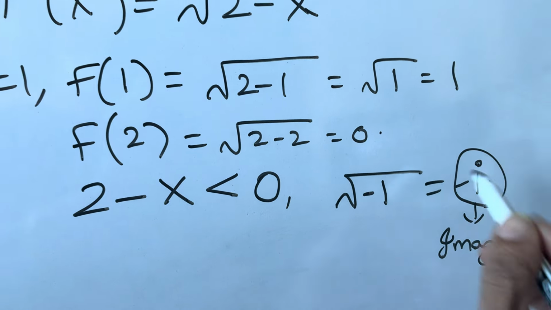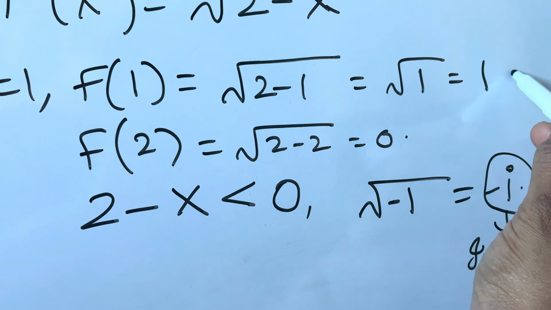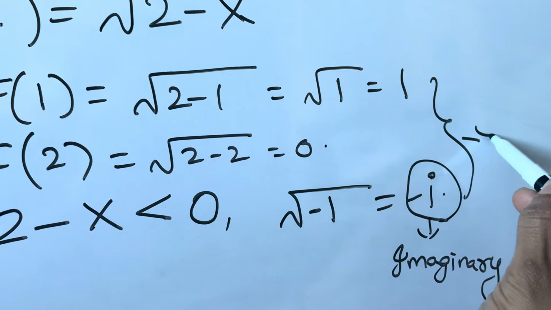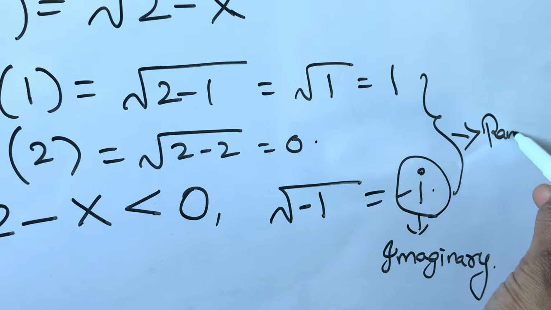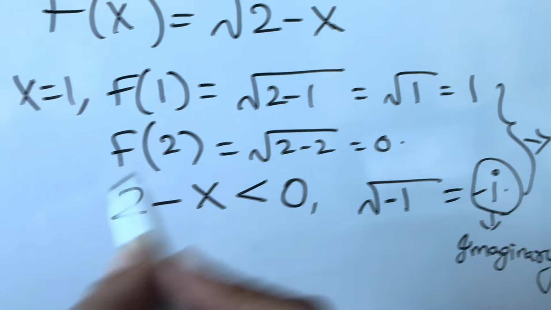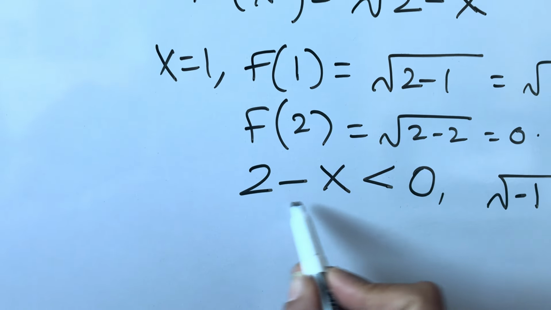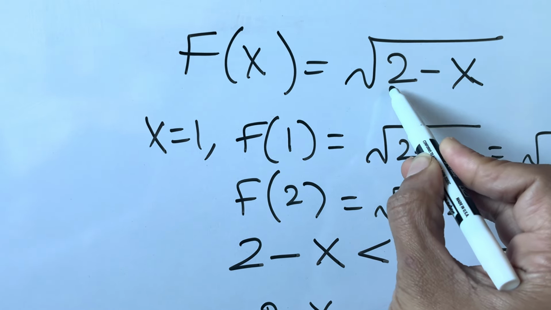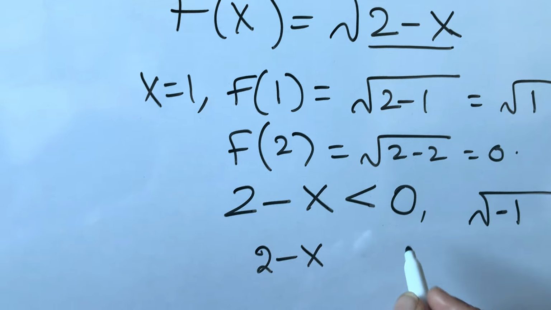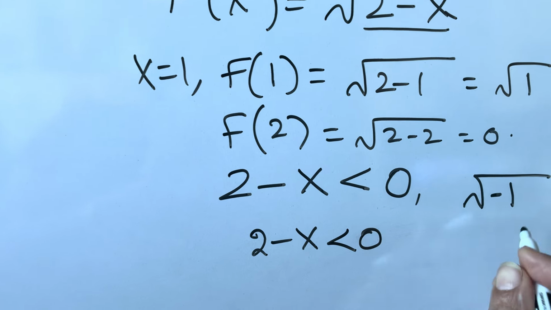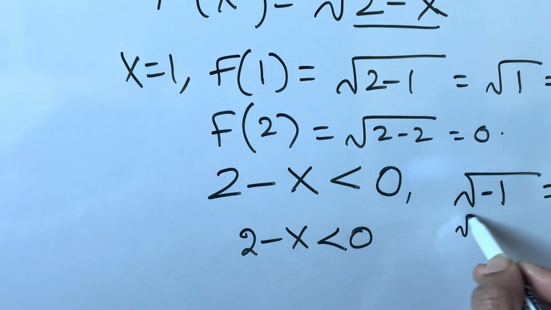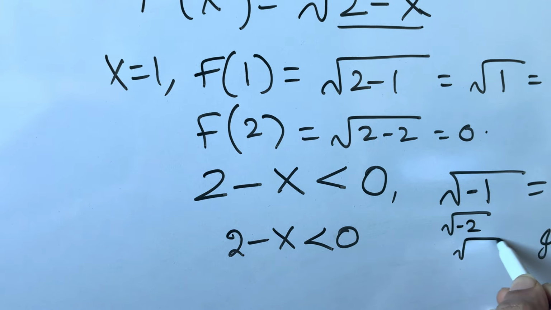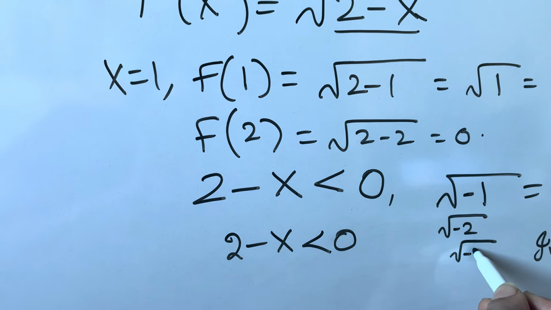The range is nothing but the output values which we are getting. So 0, 1 and minus i are called the range. So for 2 minus x, if the value that is under the square root is less than 0, then only we are going to get the imaginary values. The values can be square root of minus 2, square root of all negative numbers,